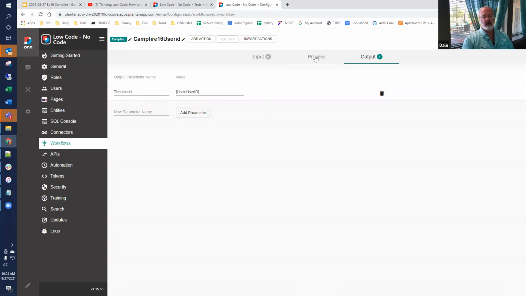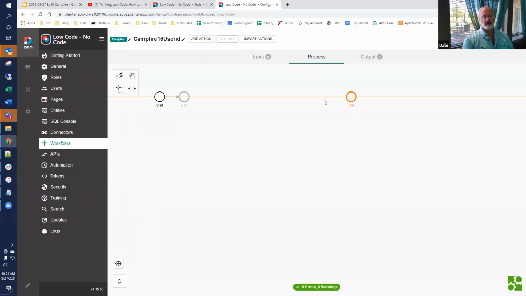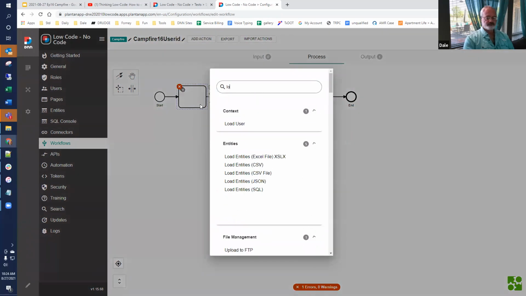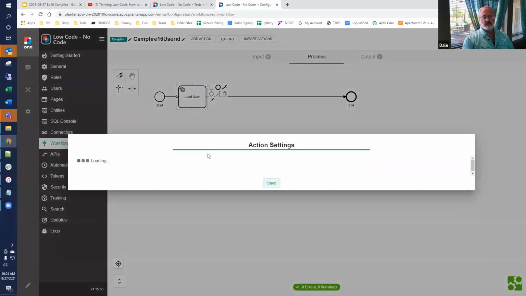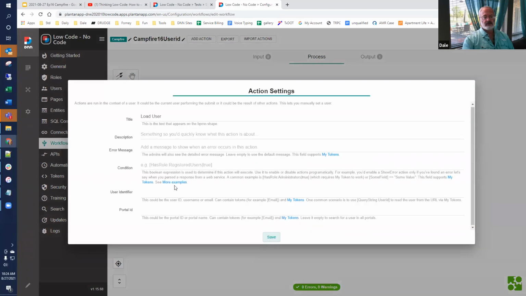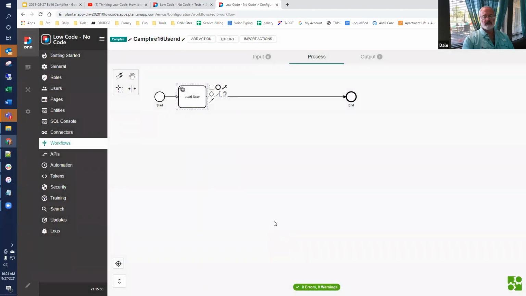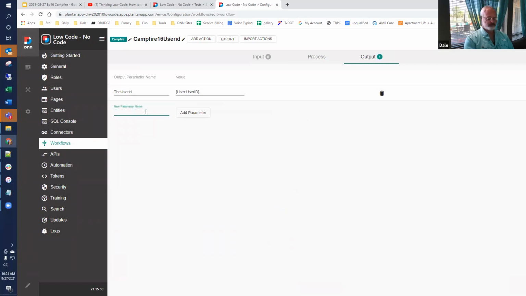If we add a load user in here, and try and elevate to some other user, I'm going to just use identifier 1. And I'm also going to output, this will be fun.